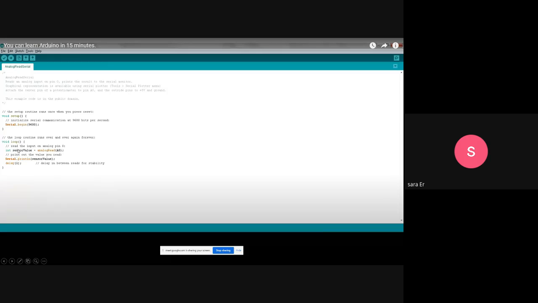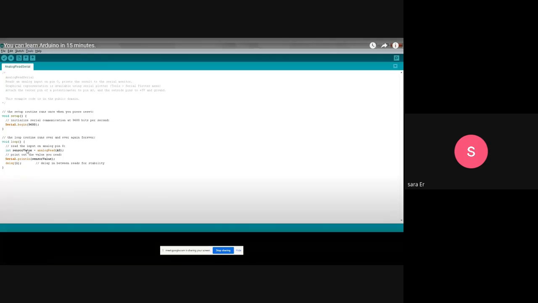desired code. For example, when we want to read an analog input from the port A0, we use the analogRead function, and right here A0, because we want to connect the output of the sensor to the port A0. We write here A0, analogRead from port A0. And sensorValue is the integer data.